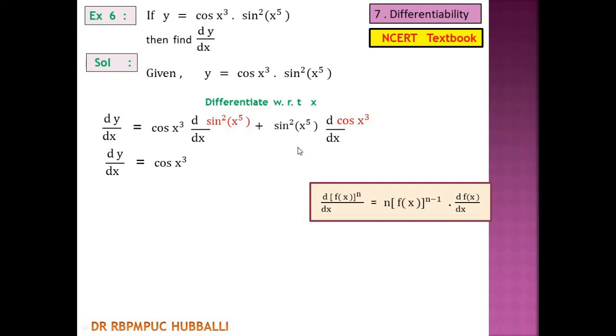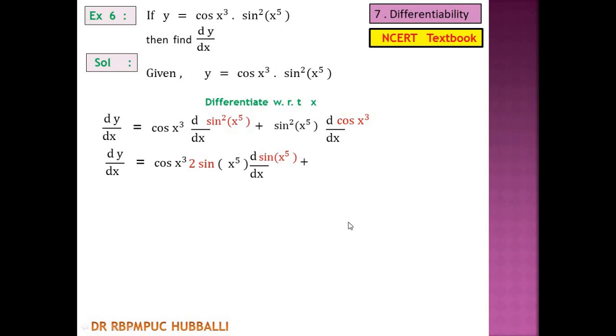First I follow function raised to n. Square, whole cube, or any power means first that is the standard. Okay, n is 2 here, power n is 2. First I write 2 sine, if we take less, x raised to 5 as it is, into d by dx of sine x raised to 5. So this is f of x, remember, sine x raised to 5. This power is the n, function raised to n form, plus sine square x raised to 5 as it is, and this is a trigonometric composite.